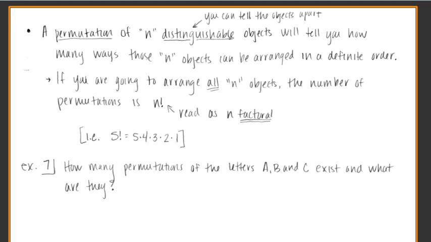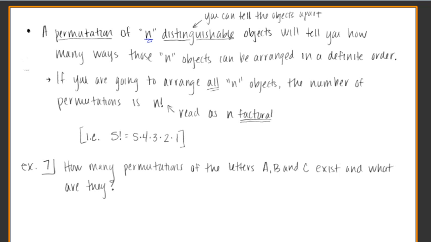So what a permutation is, when you have n distinguishable objects, and distinguishable means I can tell them apart. You don't just have like 5 white envelopes. There's a way to tell them apart, like one's going to be red, one's going to be blue, purple, that kind of thing. So if you have a total of n distinguishable objects, n being like 10 objects, or 4 different cars or something like that, you can tell them apart. Then if you want to know the total number of ways that you can arrange those in an order